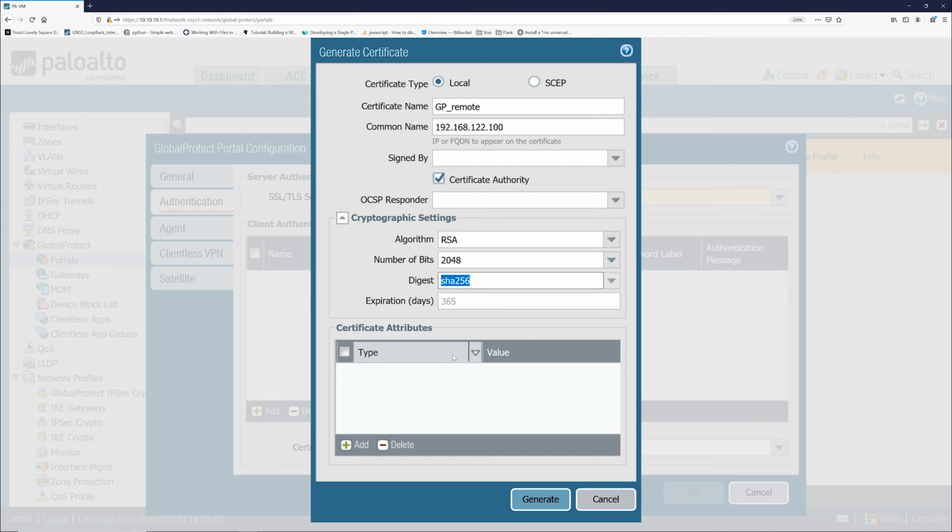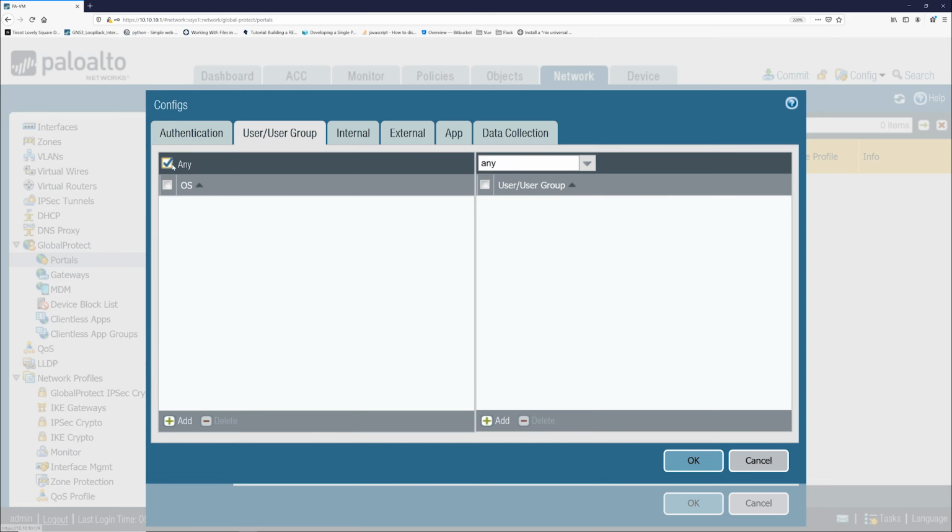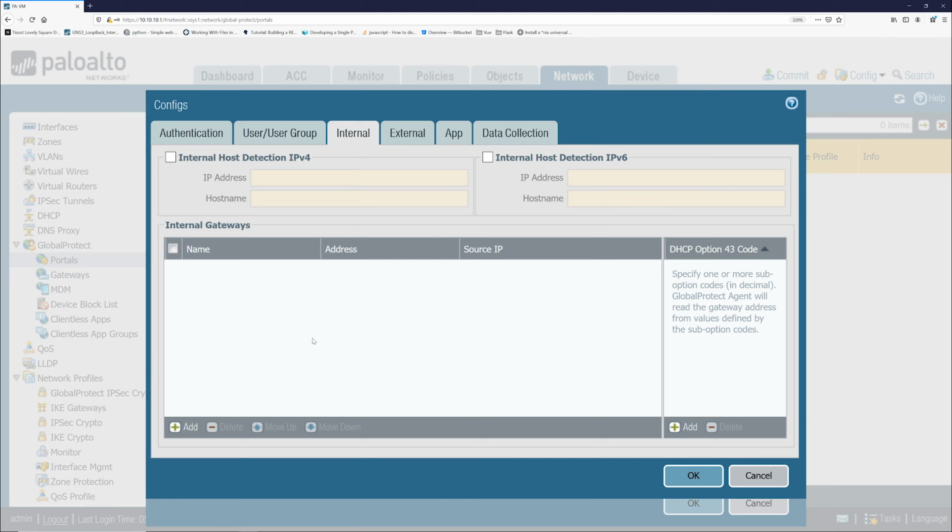For client certificate, none. You can select any of these, local or SCEP, but I'm not going to select anything. This is the name. Go to users. I'm providing all the users access. Internal, I'm not going to provide any specific internal gateways, but the meaning of internal gateways is to provide access